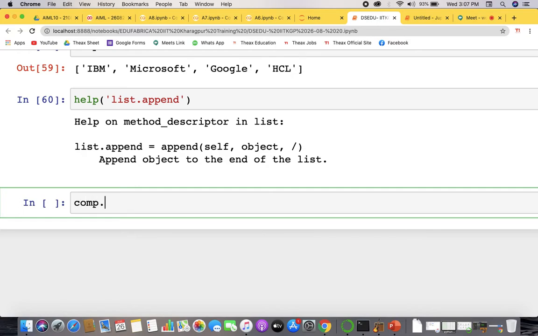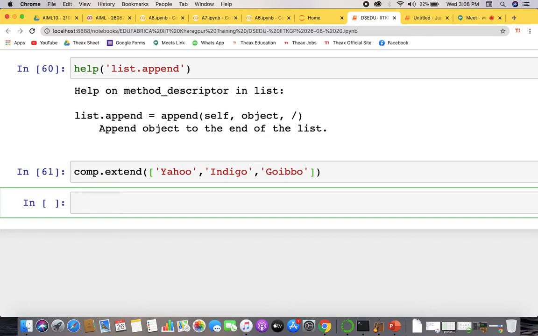Let's say this is an extend, and there are a lot of companies coming: Yahoo, Indigo, let's take 3 elements. So if you want to add more than one element, you write extend. What this also does is add the values to the end of your list. If you can see your companies.